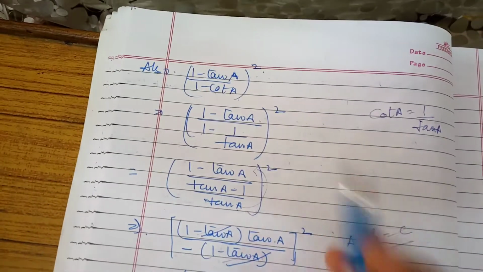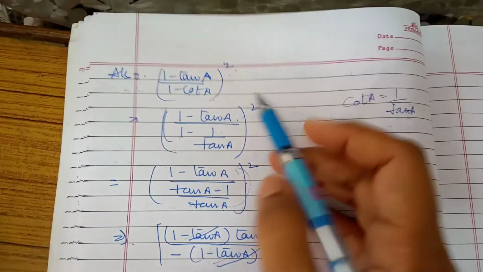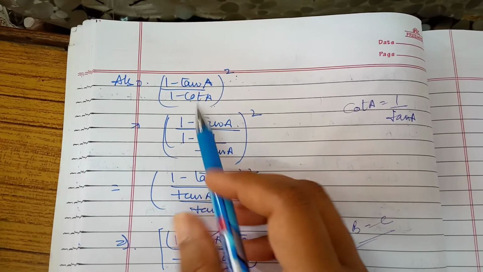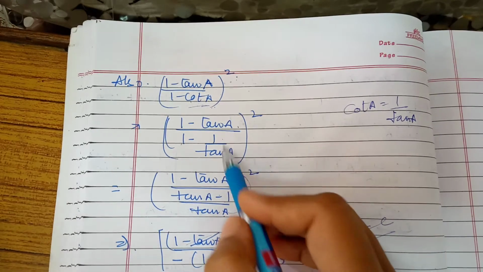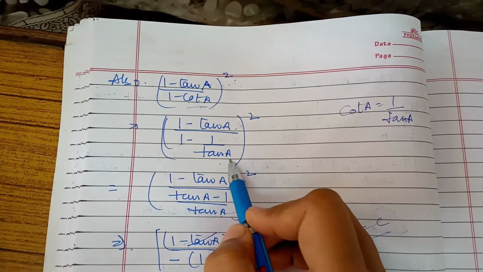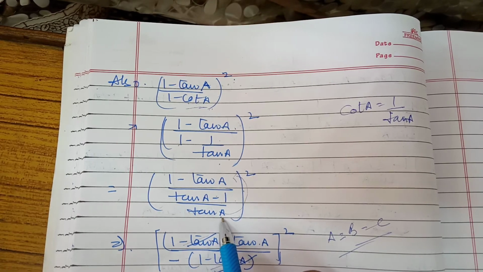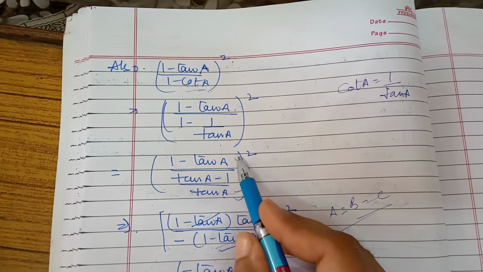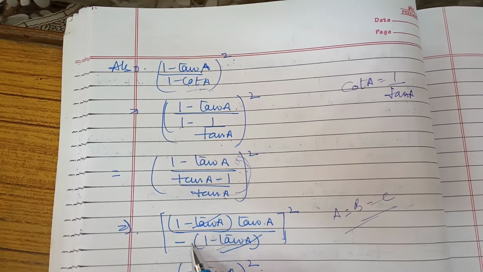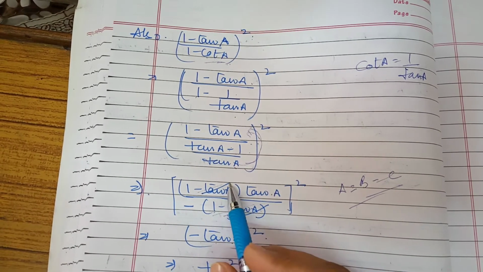Let's see this. 1 minus tan A upon 1 minus cot A whole square. Now we have to prove this is also equal to either A or equal to C part. So let me try to solve it. In place of cot A, can I write down 1 upon tan A, as cot is a reciprocal of tan? Now after solving it, I get this tan A minus 1 upon tan A. Now we will take this to numerator, and can I take out the negative sign common from this? So after taking the negative sign common, I get this one result. Both of them will become same. So I just cut both of them.